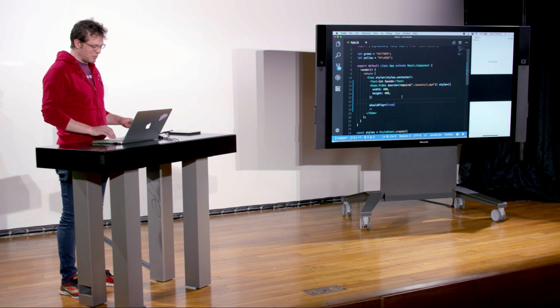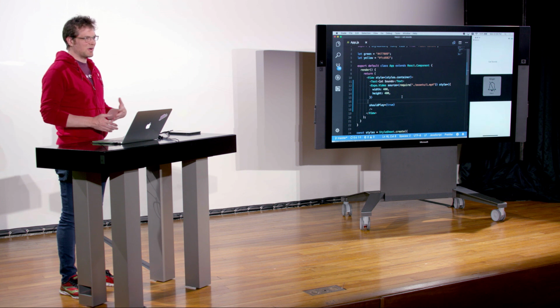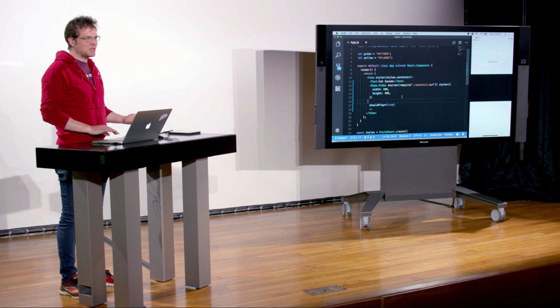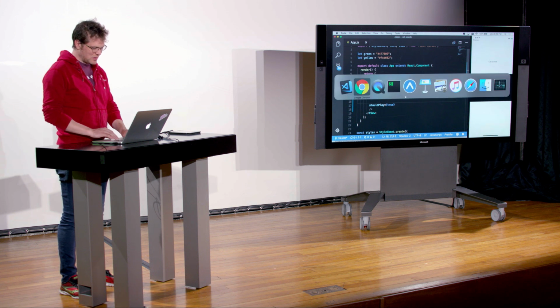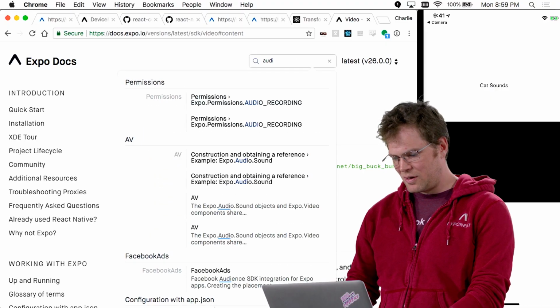Yeah, OK, so the sound played, but I don't want to have to always turn my phone to not silent just to hear this stuff, because if I'm going into this app, half the point is to hear the sounds. So we can actually switch the audio mode so that it'll play while the phone is on silent. And the way we do that is if we look at the docs under audio,